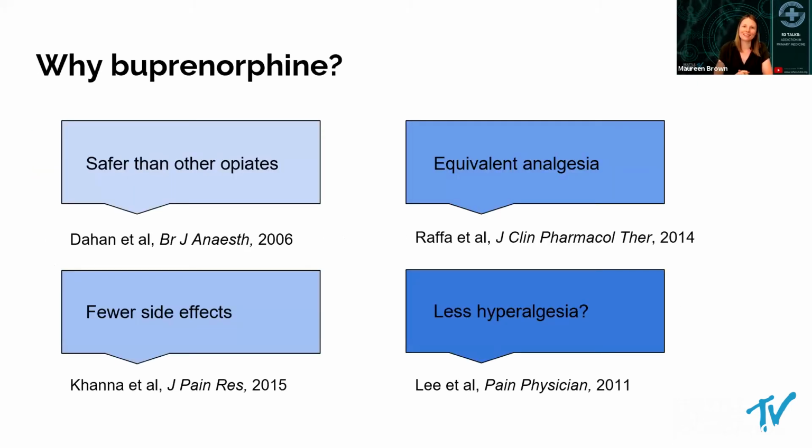So Lisa, Dr. Voltarelli talked a little bit about this, but just to go a little bit more in depth about why buprenorphine is so central in the conversations around opioid use disorder right now. So its first attribute is this safety profile. Unlike all of our other opiates, which are classified as Schedule II medications by the DEA, buprenorphine is a Schedule III, largely because when we do trials putting it head to head with other opioids, as you increase the dose, there is an increasing risk of respiratory depression and unfortunately death. With buprenorphine, we observe more of a ceiling effect.